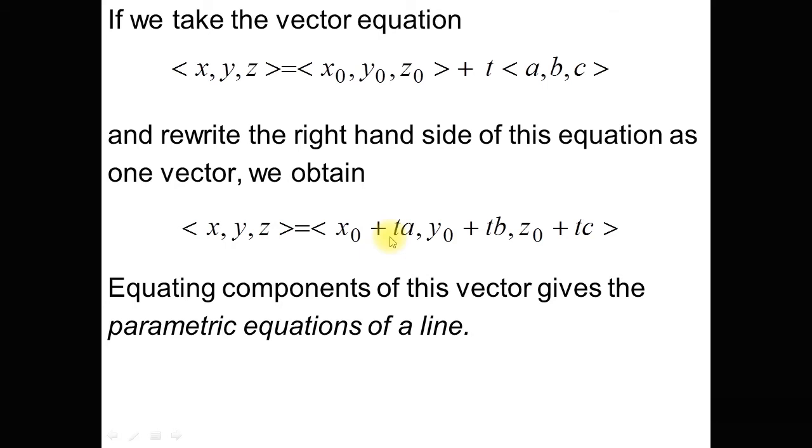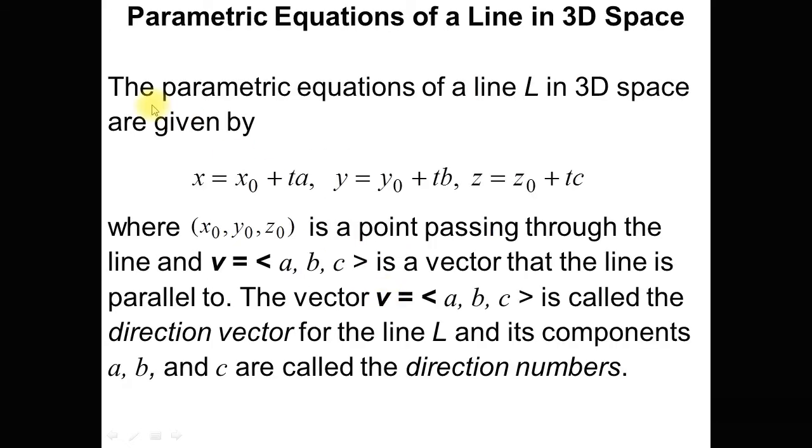x = x₀ + tv, y = y₀ + tb, and z = z₀ + tc. So equating the components of this vector gives the parametric equation of the line. You see over here the parametric equations of line L in 3D space are given by x = x₀ + ta, y = y₀ + tb, and z = z₀ + tc,